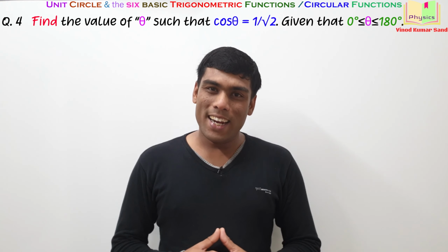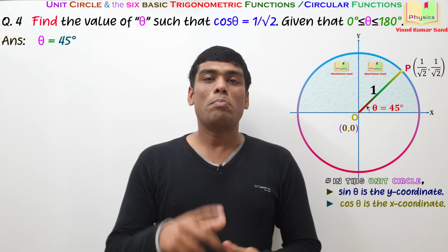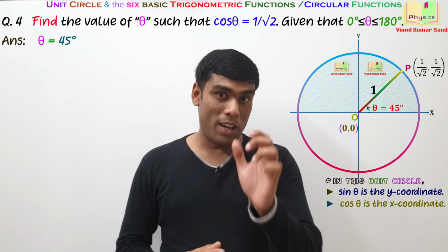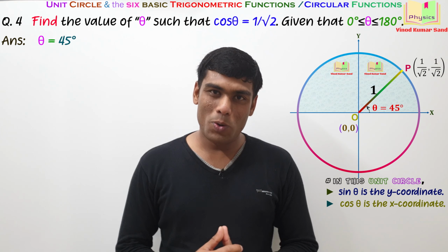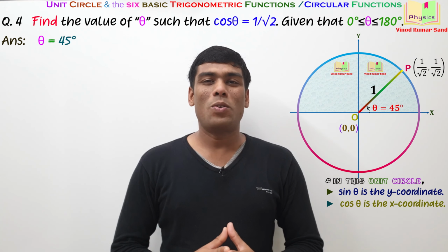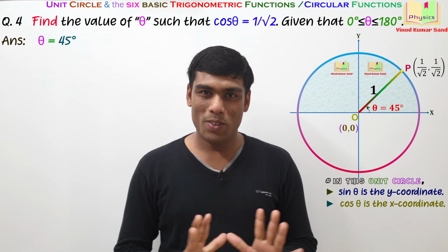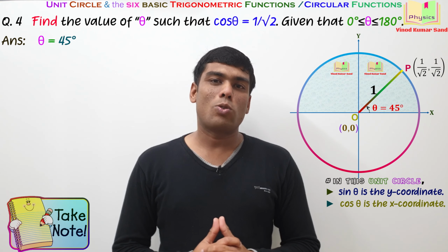Okay, the correct answer is theta should be equal to 45 degree, because if cos theta is equal to 1 by root 2, it means the value of the x coordinate should be equal to 1 by root 2. Getting it? And looking at this diagram, there is only one possibility for that. Okay. Taking up the second variant of this question,